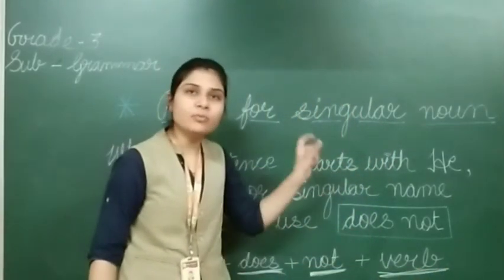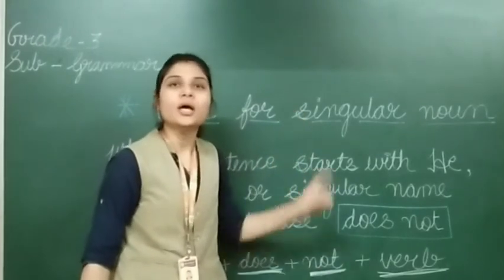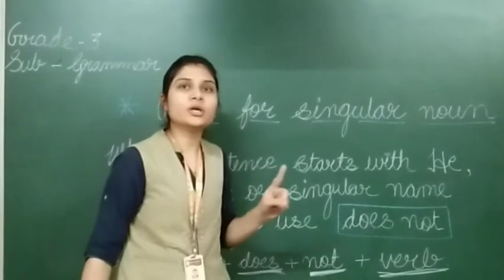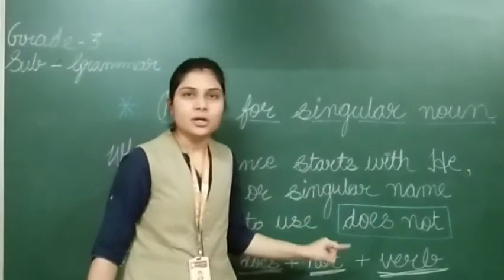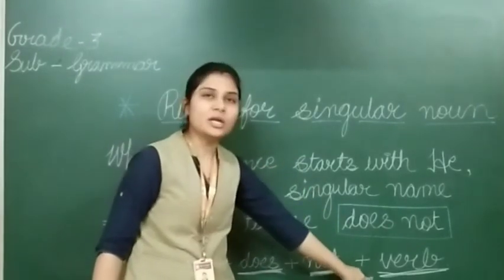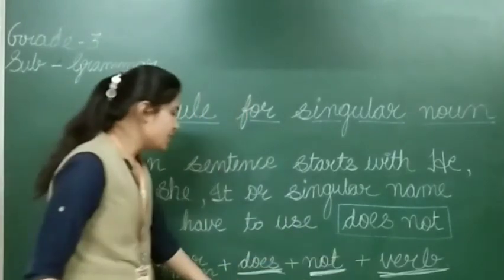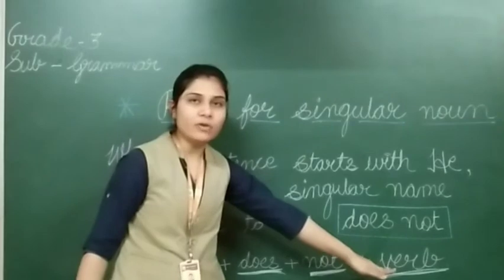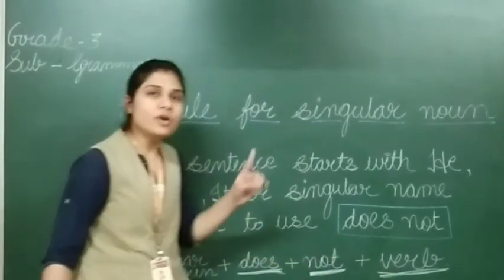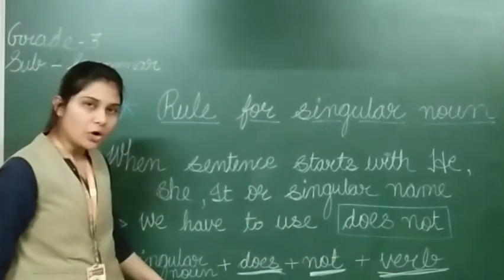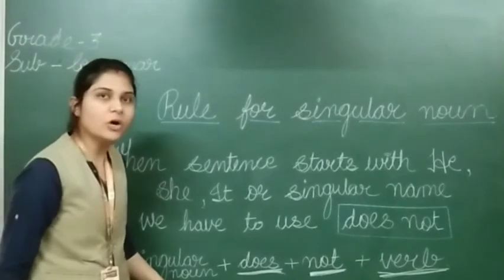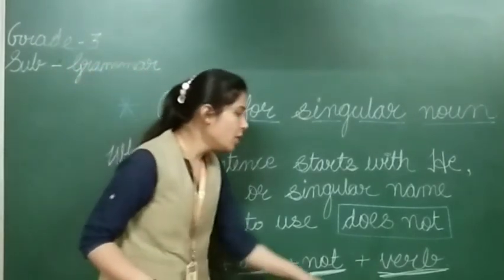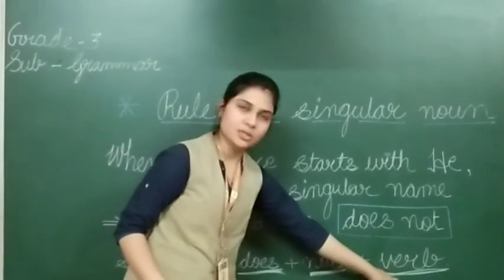हमको यहाँ पे verb भी जो क्वेश्चन में दिया हुआ होगा, that also we have to copy, that also we have to write. Don't forget to add it in the answer. आप आंसर को, उसको verb को लिखना मत भूलना. आप ऐसा मत सोचना that we are using does not, ये भी verb है, तो there is no need to write verb. No, it's wrong. We have to write the singular noun. जो क्वेश्चन फर्स्ट दिया हुआ है, उसका फर्स्ट नाउन जो भी होगा वो लिखना है. Then we have to write does not plus verb, same as it is.